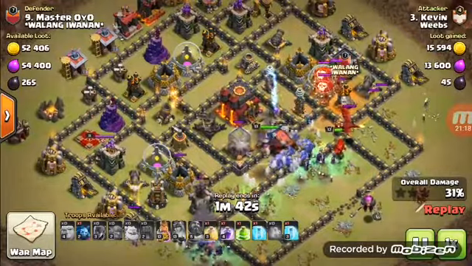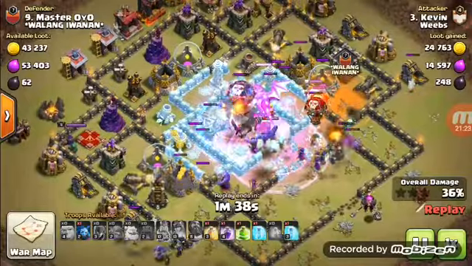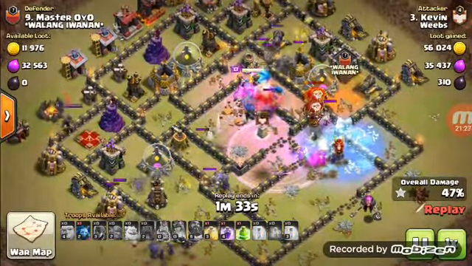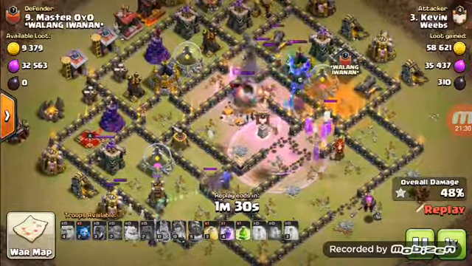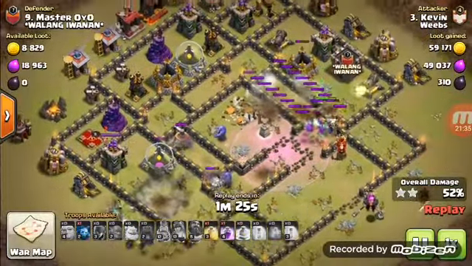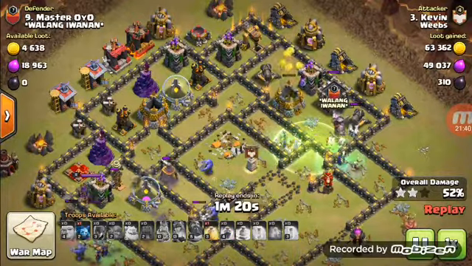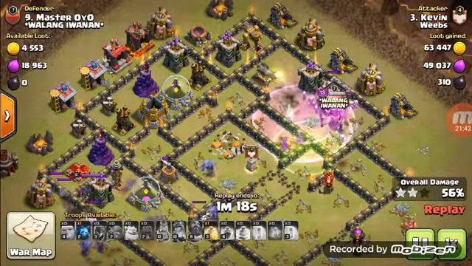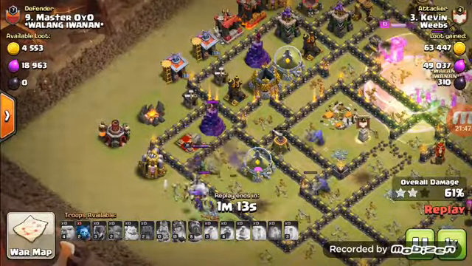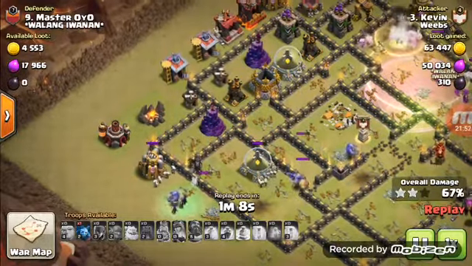I put the poison spells down. I actually miss with one of the freezes, so I dropped my CC freeze, and I deal with the balloons, or the witches do rather. The Electro Dragon is doing its thing, and I am not confident in the attack at this point. I do see that I help the witches out with a jump. I do see that I have a lot of skellies and stuff in there and not a lot of splash in that area. I do also have quite a few bowlers left, considering. So my bowlers get through,